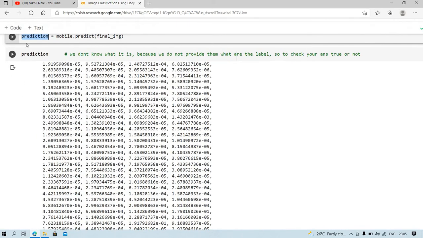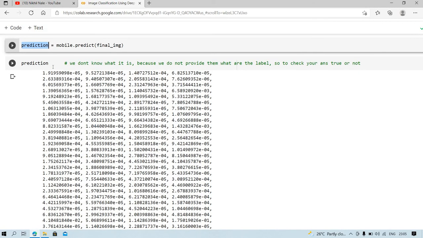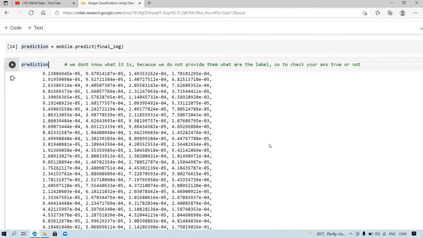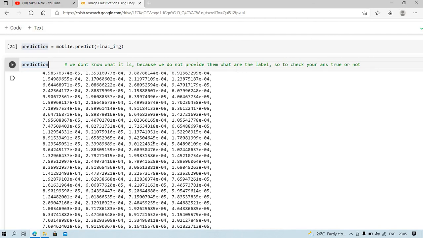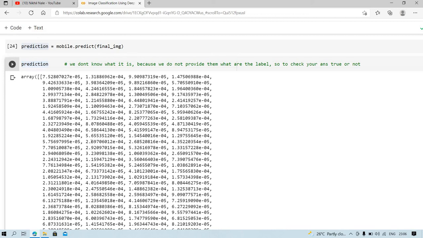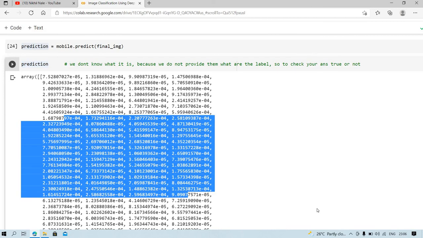After that I will execute it. I want to see the prediction here. You will see, guys, these are just numbers. We don't know what they are because we did not provide the labels.